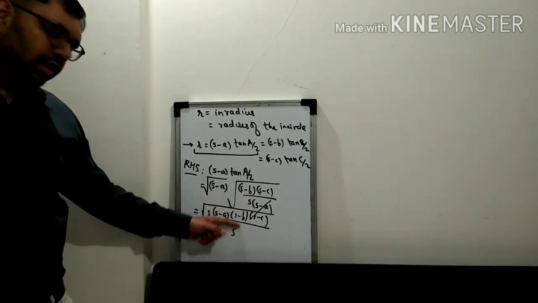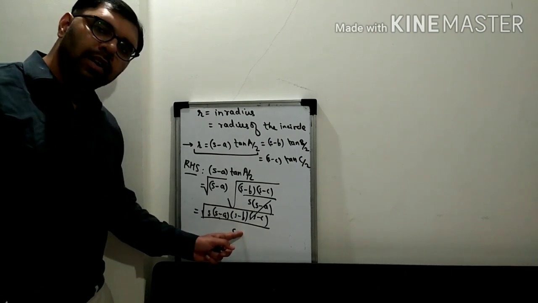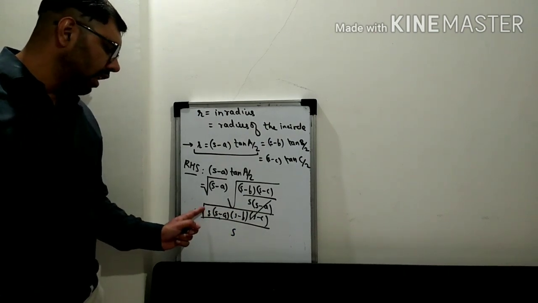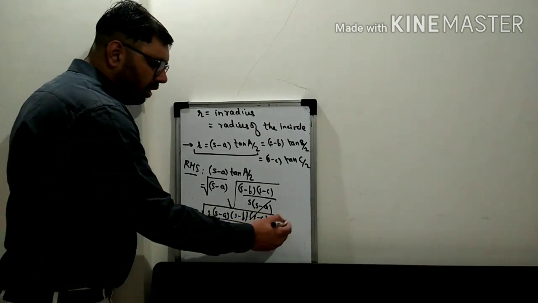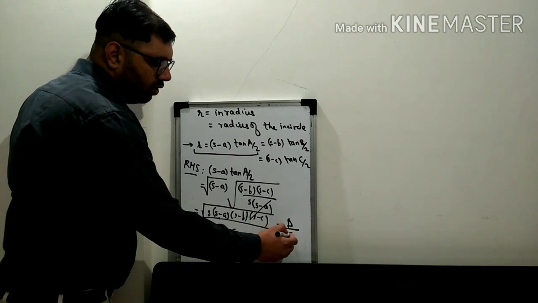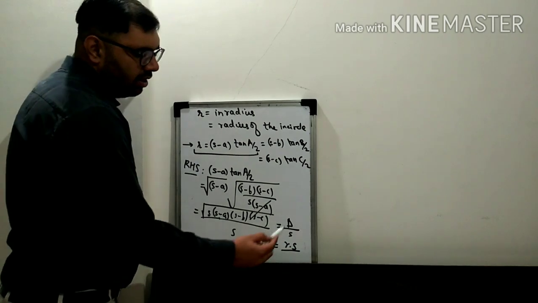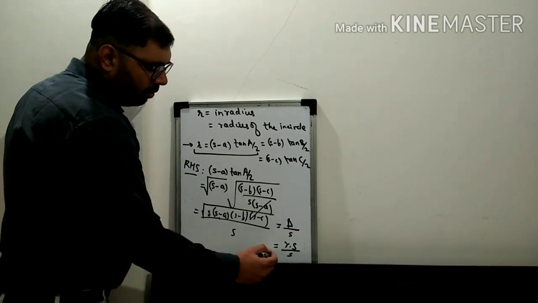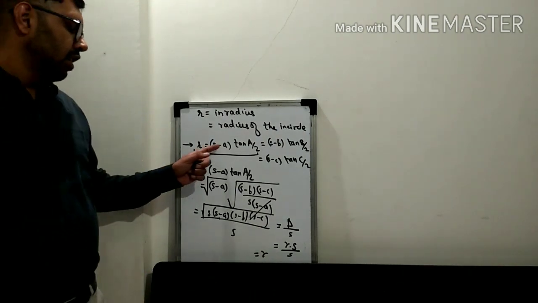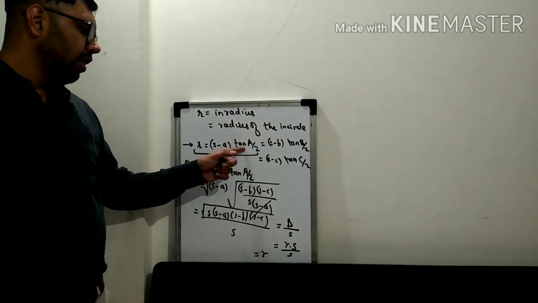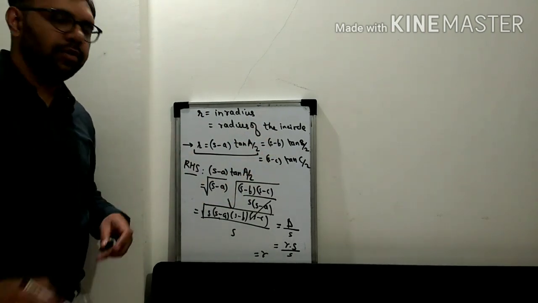If we multiply by root s in the numerator and denominator, we will have root s into root s, so s will become the denominator, and in the numerator we will have root s, s minus a, s minus b, s minus c. By Heron's formula, this is nothing but delta, which means the area of the triangle. So delta by s, and delta, I already told you, is r into s. So r into s divided by s gets cancelled, and we get the left hand side, which is r. So whenever we take s minus a tan a by 2, or s minus b tan b by 2, or s minus c tan c by 2, that simplifies to r.